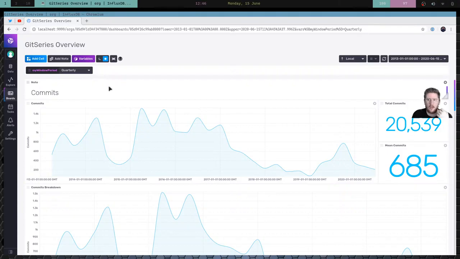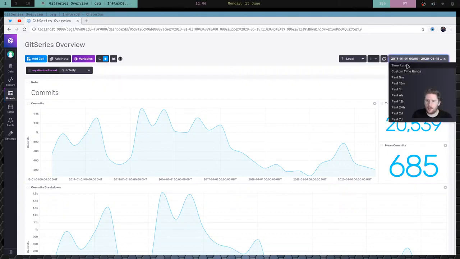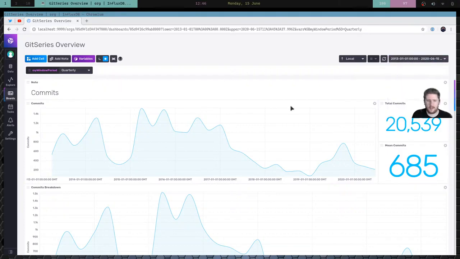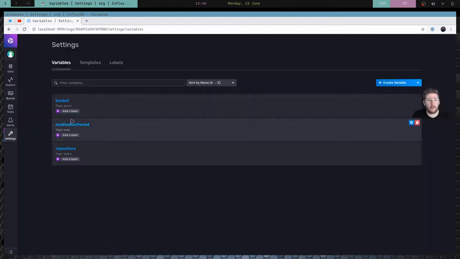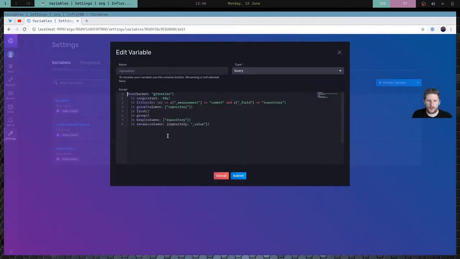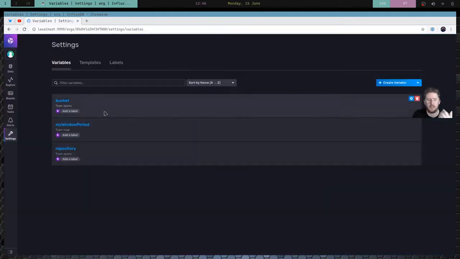So let me explain the setup. So we set the time period here. I went back as far as I feel I need to, which is roughly correct. The first commit was April 2013. We have a couple of variables that are configured for us inside of the packager template. So we have this repository one, which actually executes a Flux query on our Git series bucket and just pulls out all of the unique repository tag values so that we can dig into individual repositories without having to hard code anything. We also